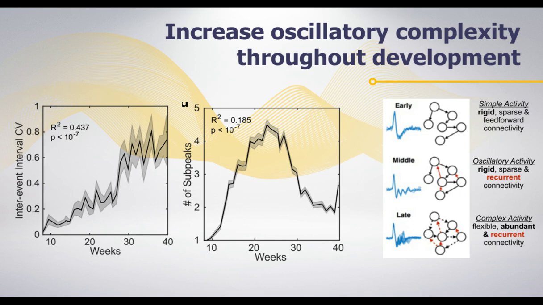The only way for this complexity to emerge is if we move from a simple activity where neurons are connected to each other, moving to a more recurrent connectivity where synapses are being tried between different neurons, and finally reaching a complex activity with more flexible, abundant, and recurrent connectivity among these neurons. So all of that is quite exciting, but can we actually compare that to anything related